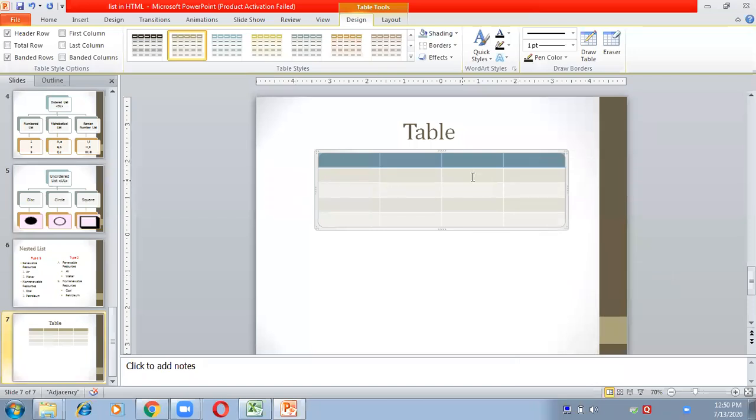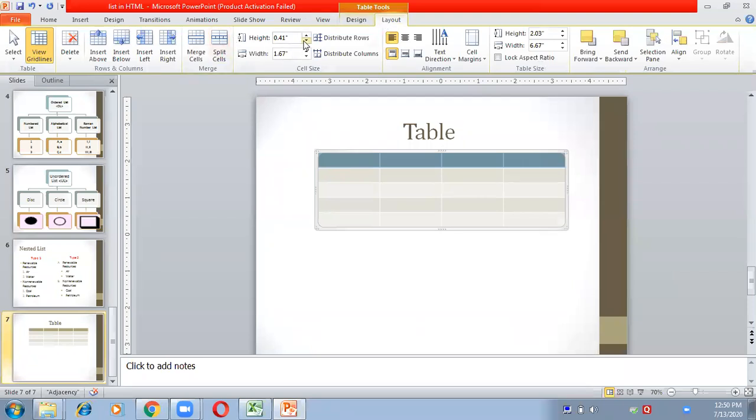The height and width of the table option is not coming here. Okay, here we have the option in the layout tab. From here we can change the height and width of the table.